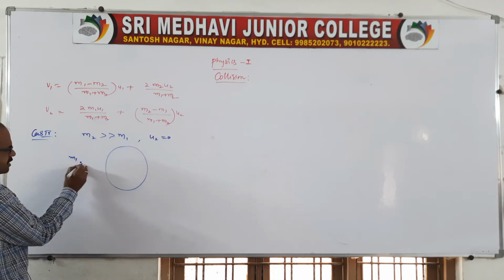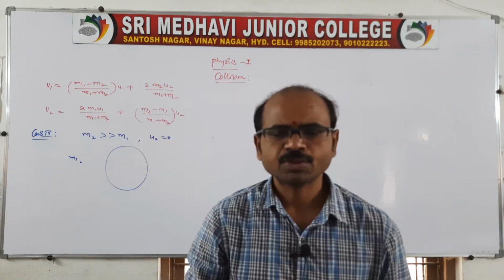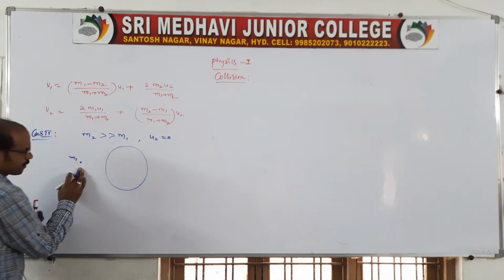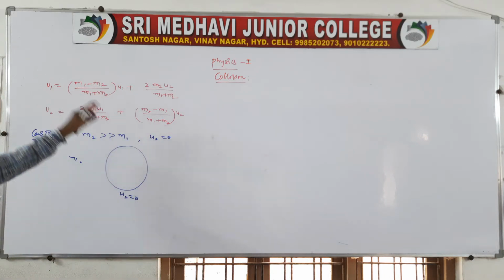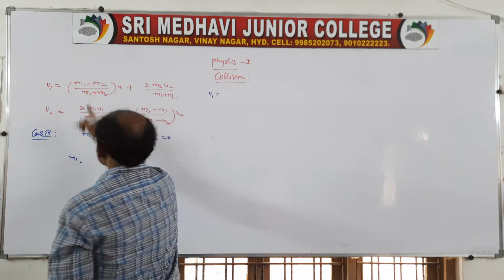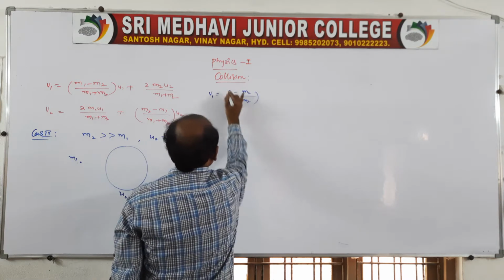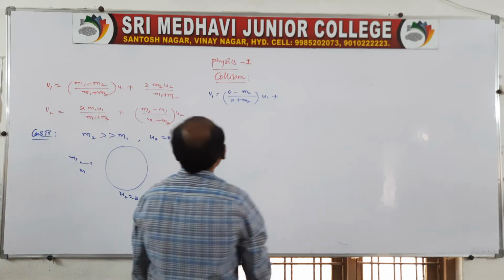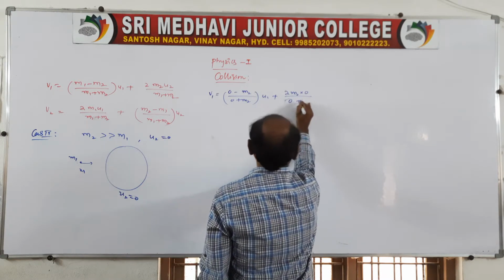So we can consider m1 as 0 in front of m2, because m2 is the bigger one. In that situation m1 is very small, so you make m1 as 0, and of course the second body is at rest, so u2 is equal to 0. In our expressions, substitute all this information and get the final velocities. First v1: m1 as 0, minus m2 by (0 plus m2), into u1, plus 2 m2 into 0 by (0 plus m2).